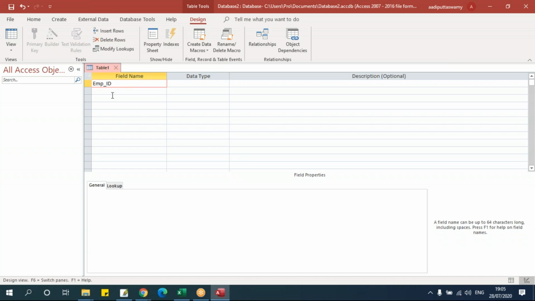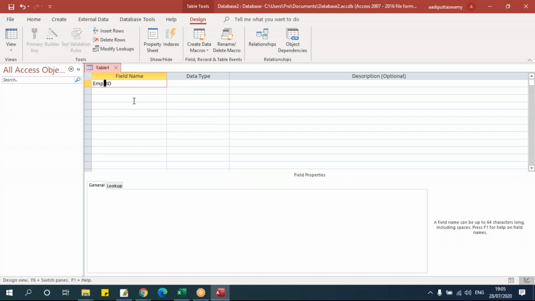The reason is when you write a query, that is in the next section when you learn that, if I have a space, then I have to use so many other options. Instead, the best practice is don't give this space, give something like this emp underscore ID. Suppose if you still want to give space, it is not a problem, it will take. But try and see if you can avoid these spaces.